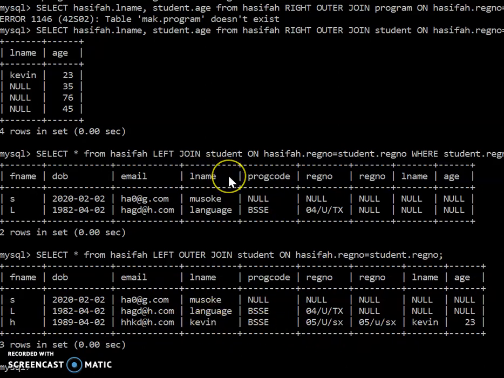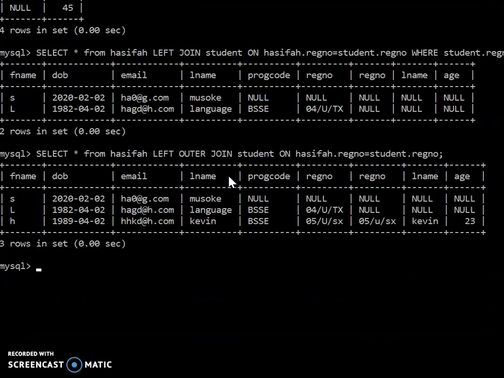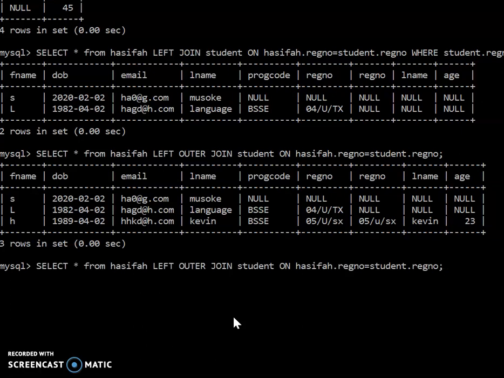But the left join will exclude the common records, such that it brings only those records that do not match. And where you don't have any values, that's where you will have these null values appended, because we've said where student.reg number is null. So that is the left join excluding the inner join. So we can also do the right join excluding the inner join. So the right join here, instead you will have,